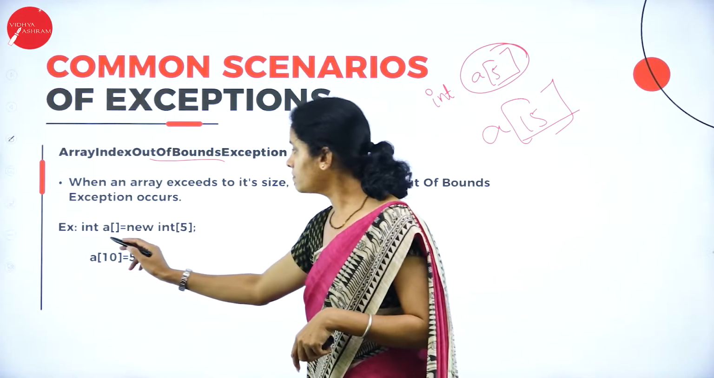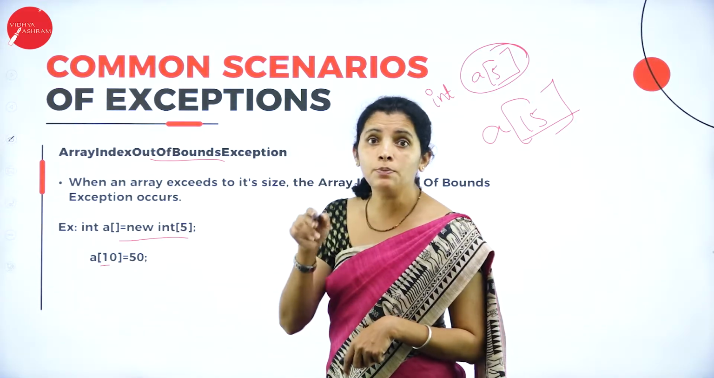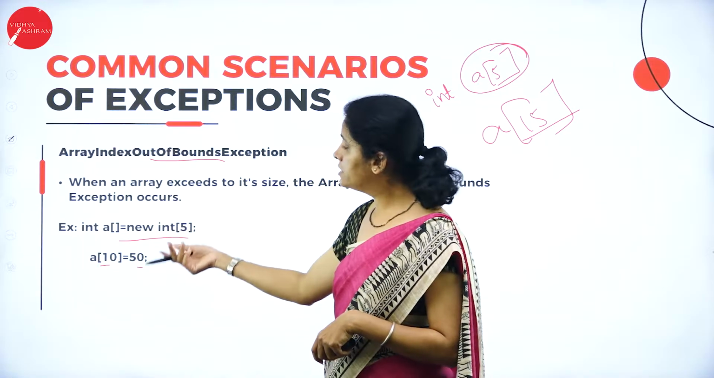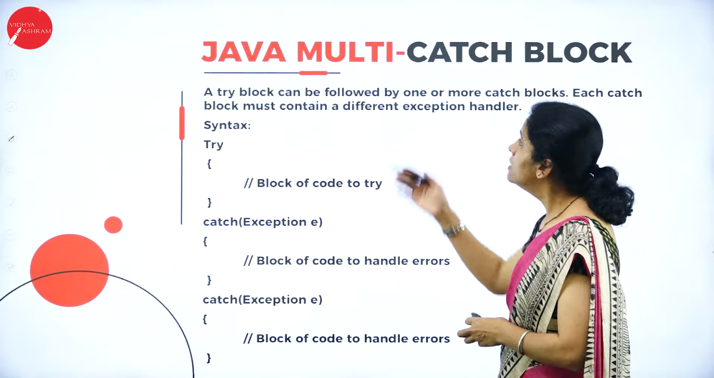See here. What is the size? It is 5. But in my 10th position, I am storing 50. Then it generates an error. Okay, fine. So dear student, Java